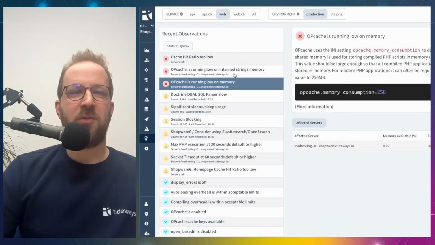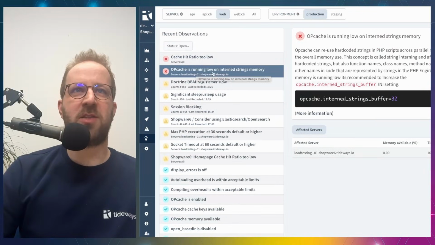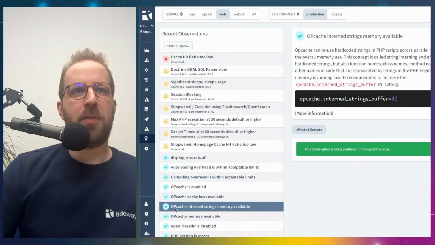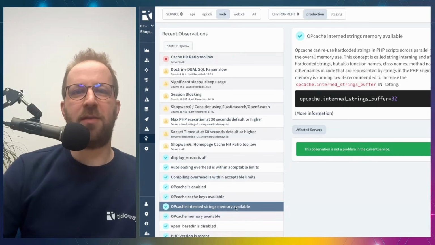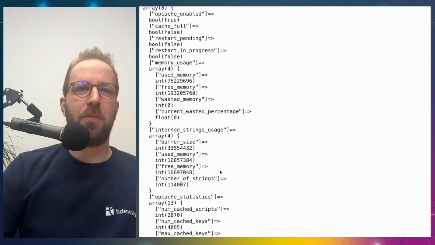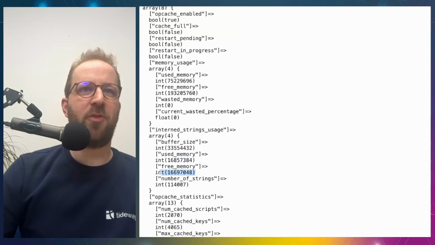Again, you can also find information about this in Tideways, where it says OPcache is running low on intern strings memory and then makes the recommendation to increase this. And if you change that variable and everything is fine, then Tideways will show this to be not a problem anymore. In the output of OPcache get status, you will also see intern strings usage. You have the buffer size and the amount of memory used, and the free memory